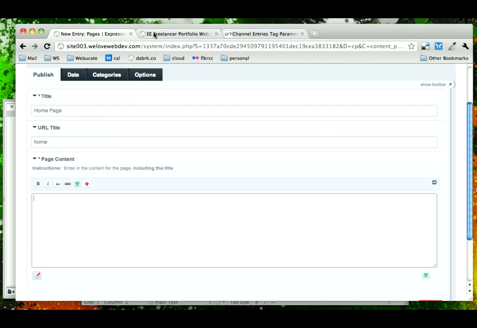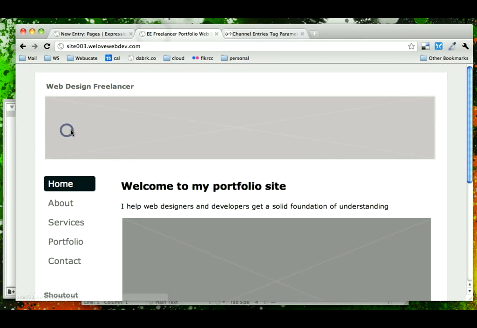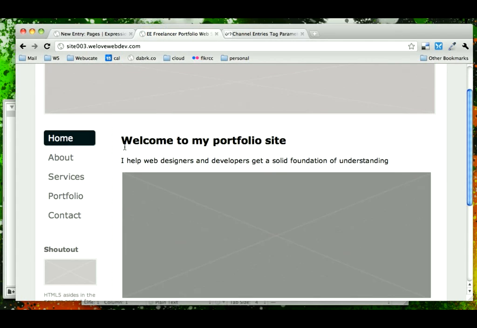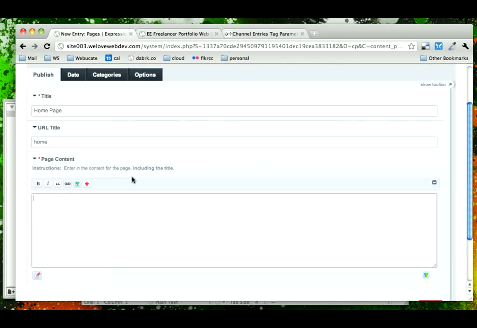For page content, we're going to go to our home page via our browser, and we're going to grab the text for the page content area of the page itself. Now in our instructions here, notice we said enter in the content for the page including the title, and that's our little bit of bold styling. So I'm including the H1 title. I'm going to type in H1,